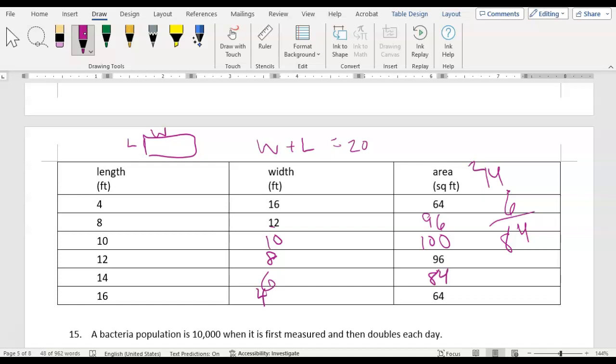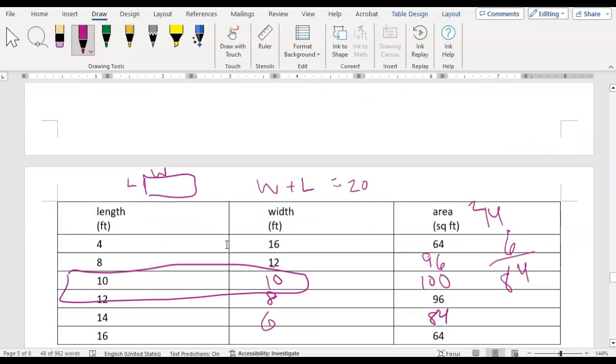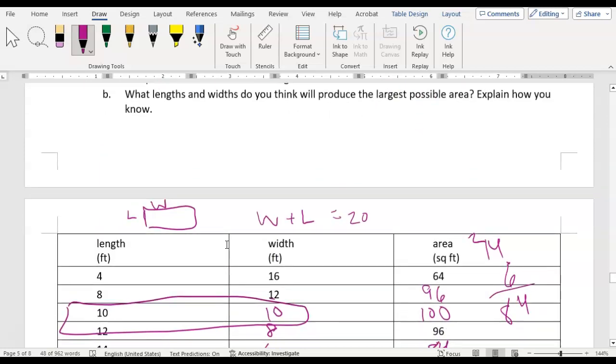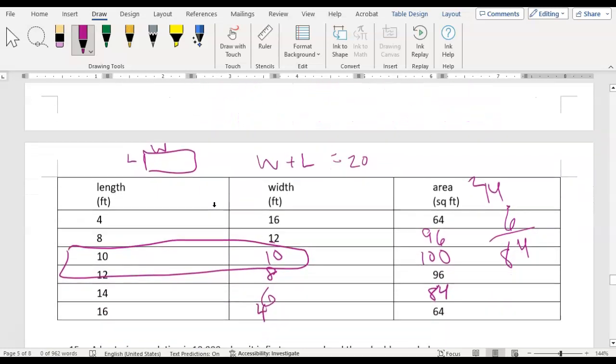So here, if we look at this, the highest area is where we see the length and the width being 10, where they're equal to each other, and that makes sense because that would be the square. So 10 times 10 is the largest area. Any decrease in length or width would cause the area to also shrink,